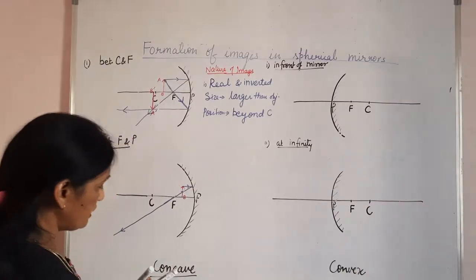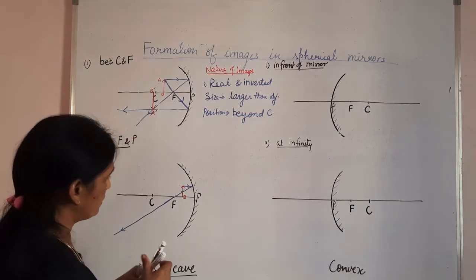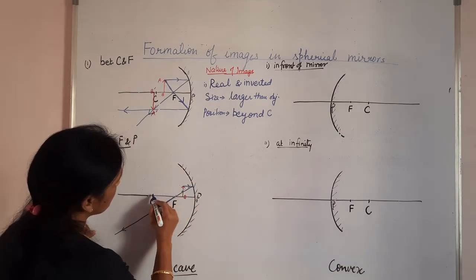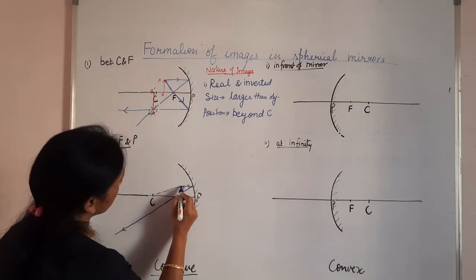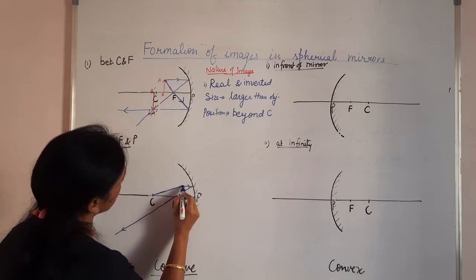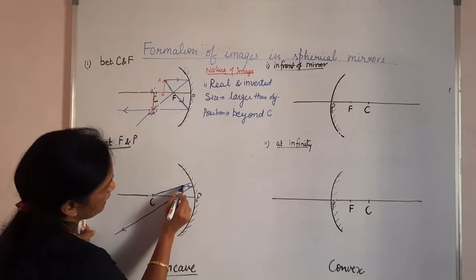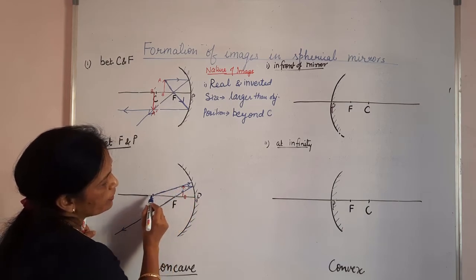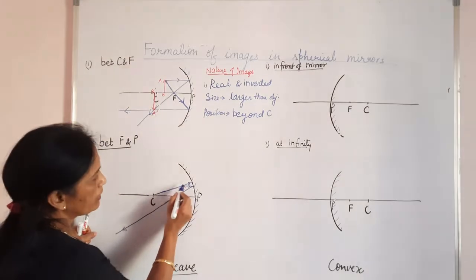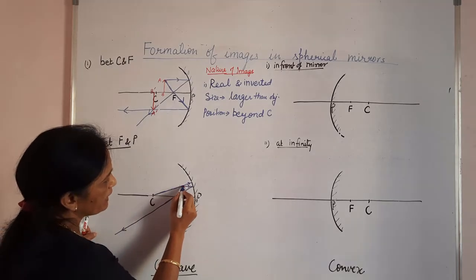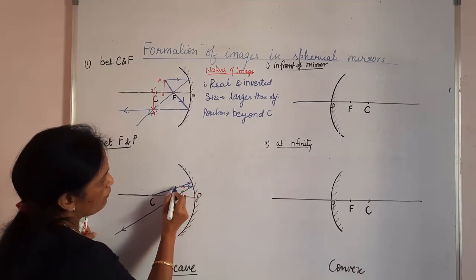Okay, so I'm drawing another one. I'll draw with only blue. So my ray is emerging from this object and passing through point C. See this, a ray is coming from this object and falling on a mirror, and if you extend it somewhere, it is passing through C. If I extend it backward, yes, it is passing through C.